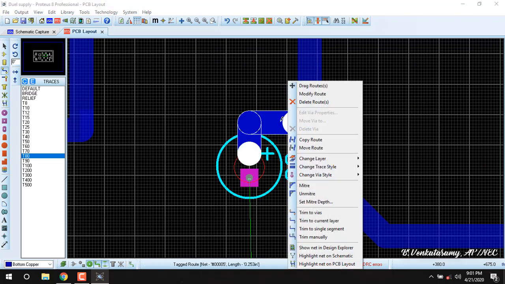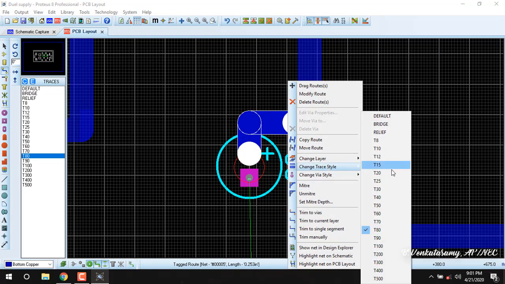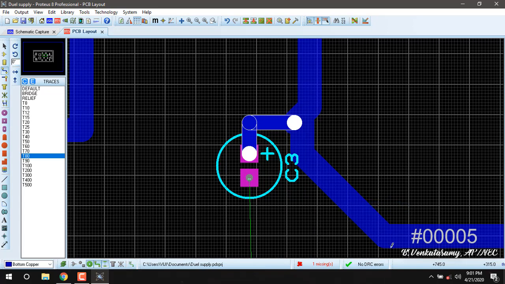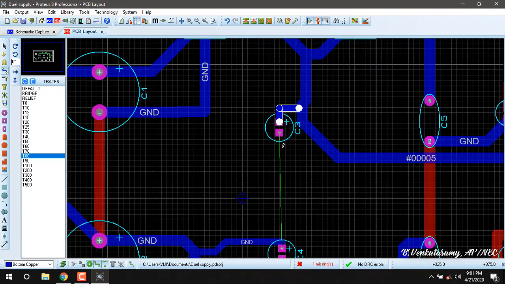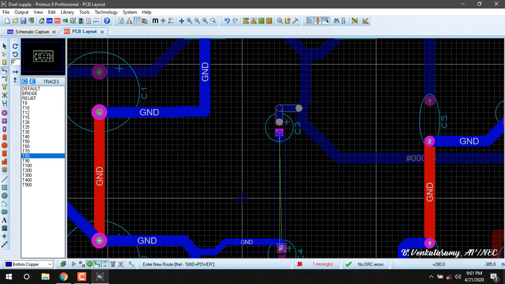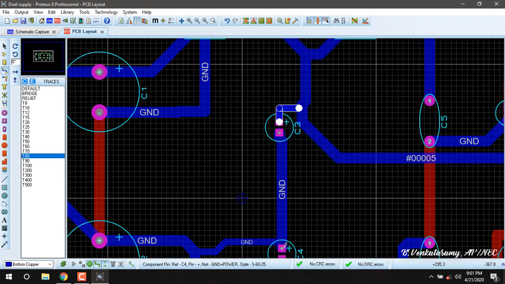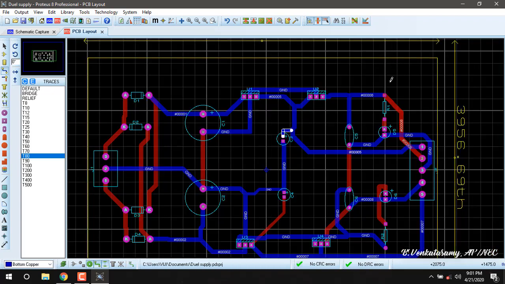Right click, change layer style to 50. So now there is no design rule error, but one trace is missing. We can connect the line manually. In track mode, click here and connect here. So no connectivity and DRC errors. Now the design has been completed.